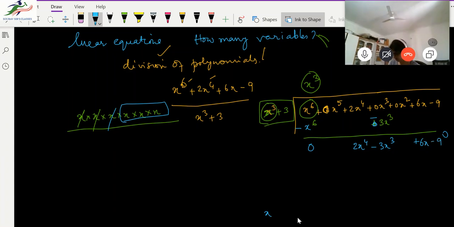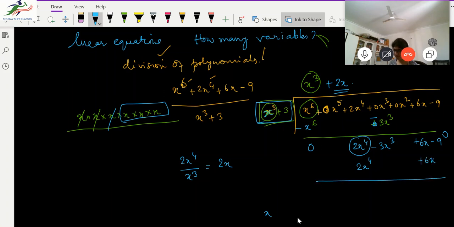So again we do the same thing. We take the first term, which is 2x^4, and divide it by the first term here, which is x cube. So that gives us 2x, right? So we write 2x here, and we multiply 2x with the whole term. So we get 2x to the power 4 plus 6x, right? So again we